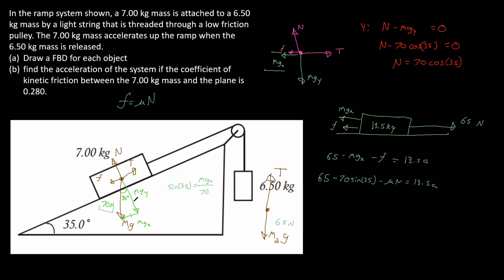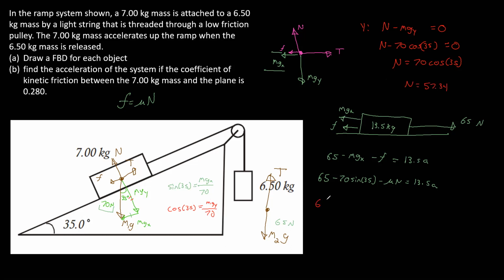Because again, I want my adjacent side, and cosine 35 is adjacent over hypotenuse. So I multiply the 70 over. So if I actually plug that into my calculator, I get normal force is